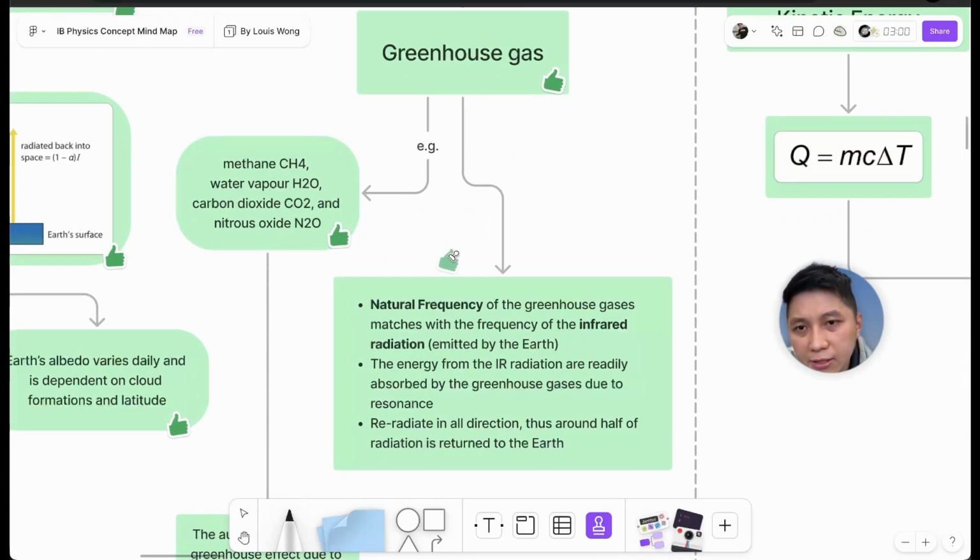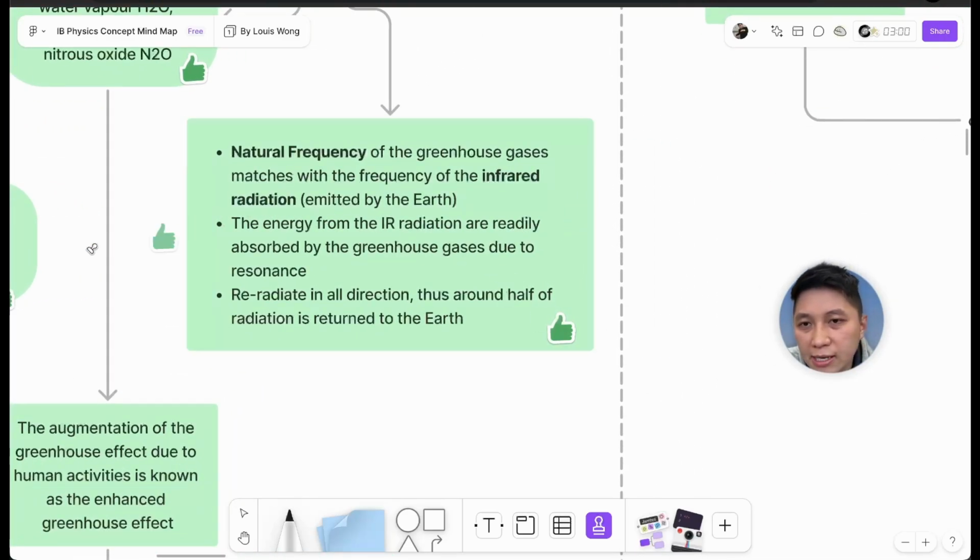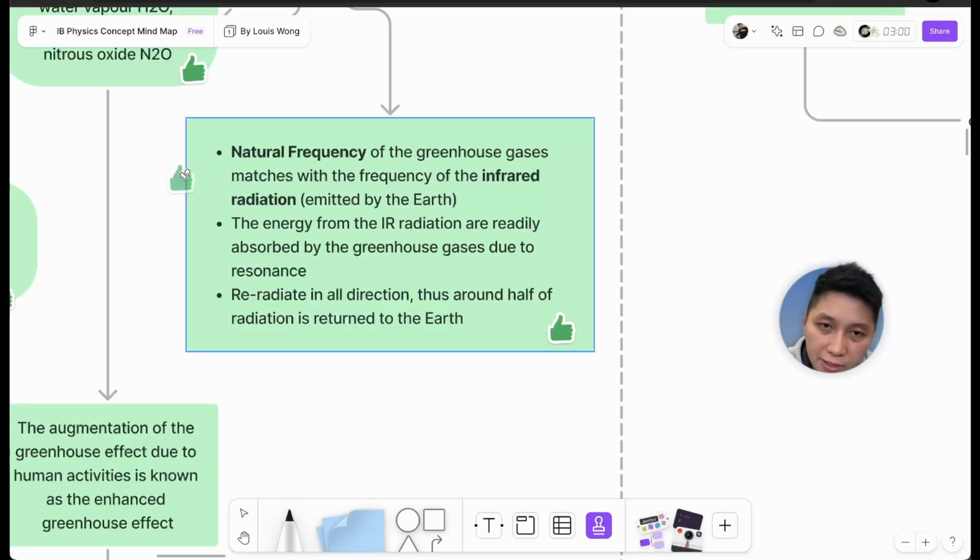Examples are these, which you probably have heard, CO2 for sure. And the mechanism is due to, as I said, resonance. In a clearer wording, you can follow me: that is due to resonance. And if you have to explain more, then talk about the natural frequency of these greenhouse gases matching with the